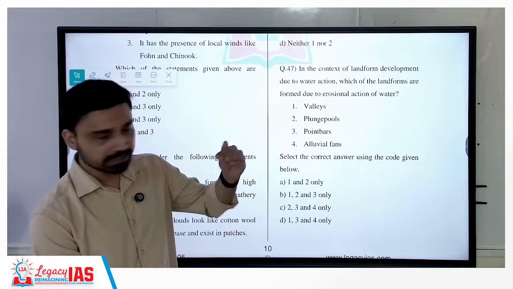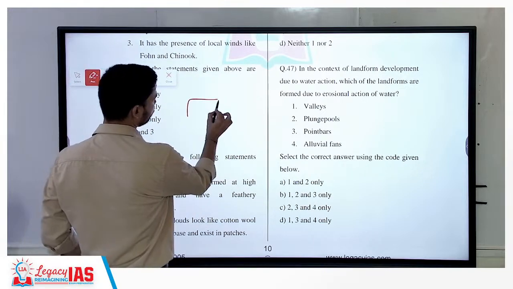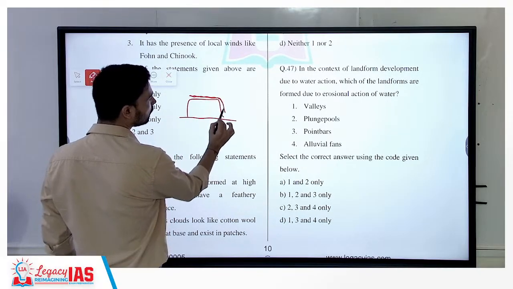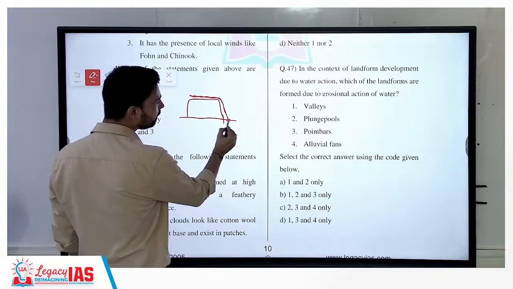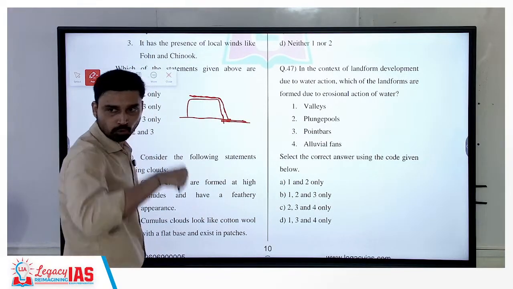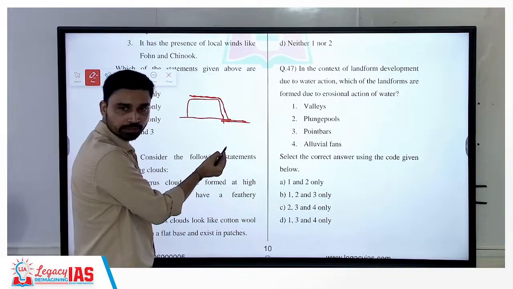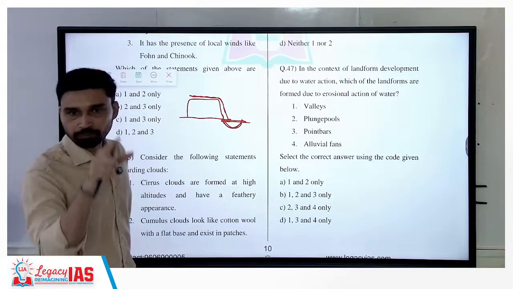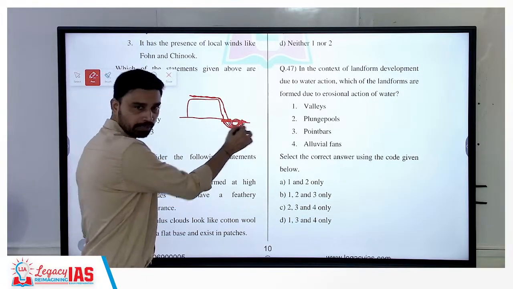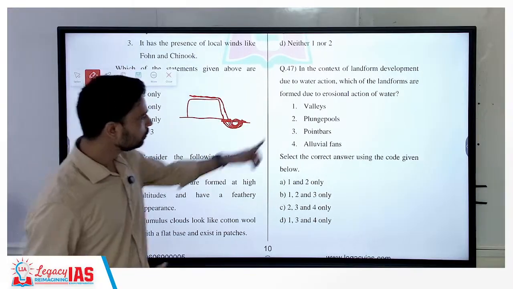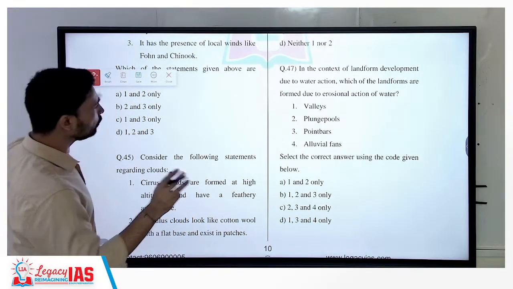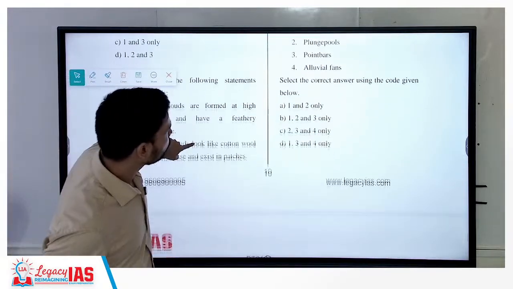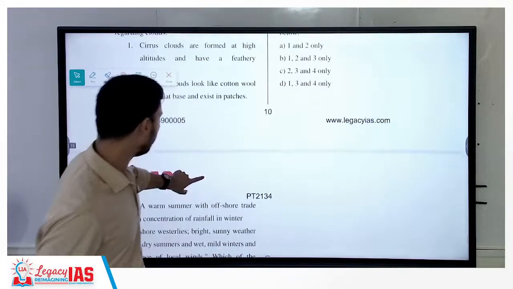So a plunge pool is basically this kind of structure. Suppose from a plateau a river is flowing and forms a waterfall and descends here. When it descends and strikes this surface, it has a certain force. Due to this, what will happen? It will erode this surface, so it will not be plain. What would you see here? A kind of eroded depression will form here. This is what you call a plunge pool. Water moves like this there. Valleys and plunge pool, both I told you in class, chapter 7. It is all given in NCERT class 11th, so you should go through it. So what is the correct option? A, 1 and 2 only.